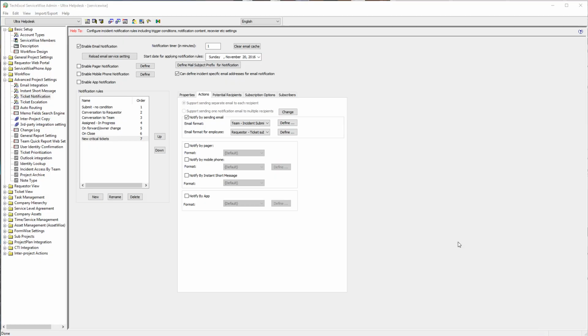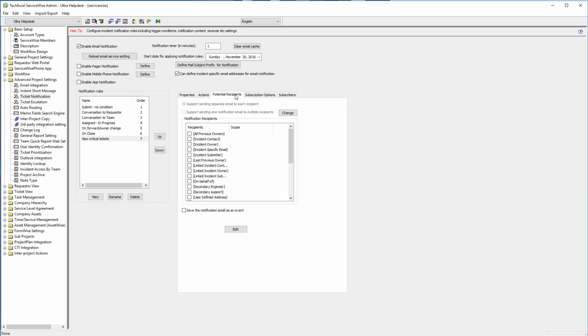The last piece to creating a rule is defining who should get the email. We now go over to the Potential Recipients tab. In this example, I'm going to make sure that the owner of the ticket as well as the end user requester is notified. If I had only selected the owner, the end user email format we defined earlier will not